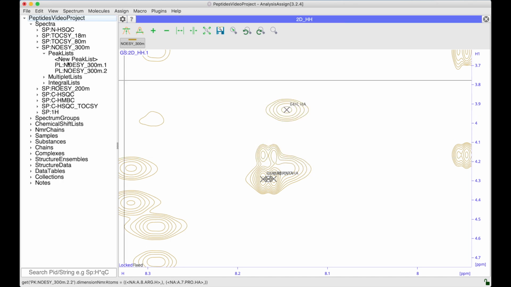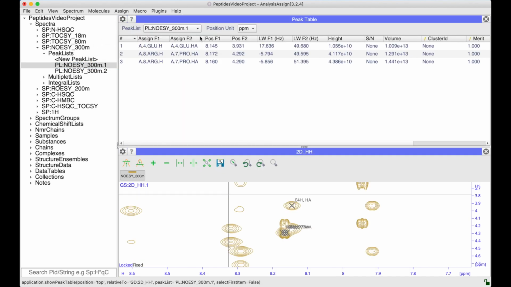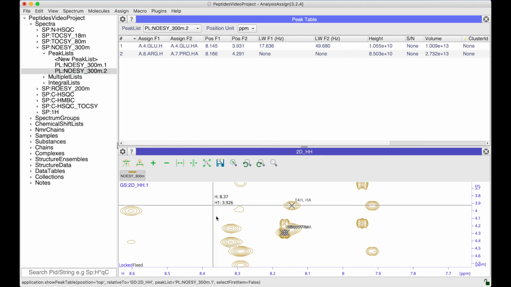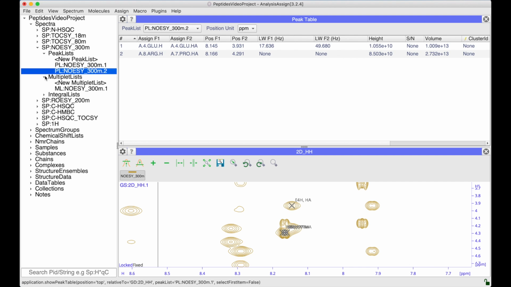Let's have a look at these. So you can see here is my original peak list, which contains 3 peaks. My new peak list now only contains 2 peaks. And if we have a look at the multiplet peak list,